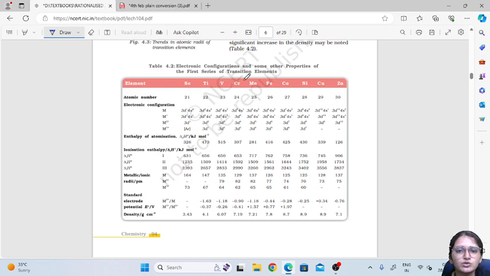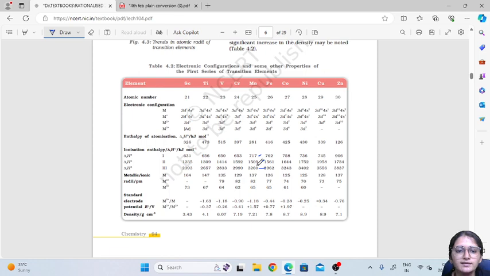But as you go to manganese, we have the 3d5 configuration over here. When you have the 3d5 configuration, removing the first two electrons, that is from 4s, is very easy. That's why their values are less. But when you remove the first, outermost electron from the d orbital, the energy required is 3260.